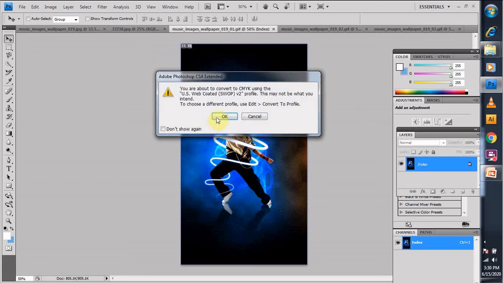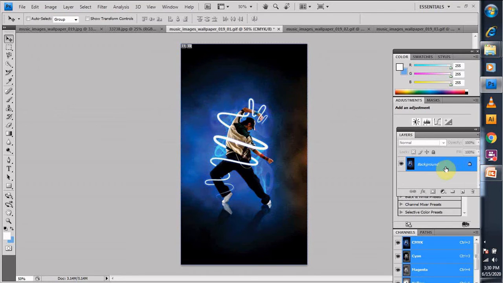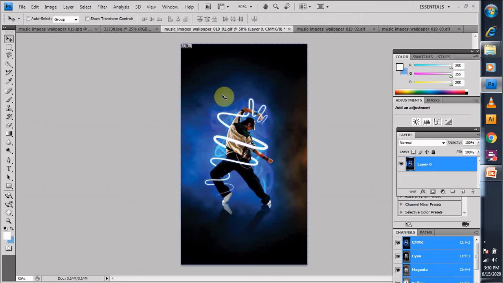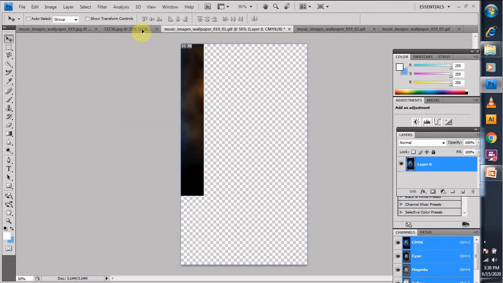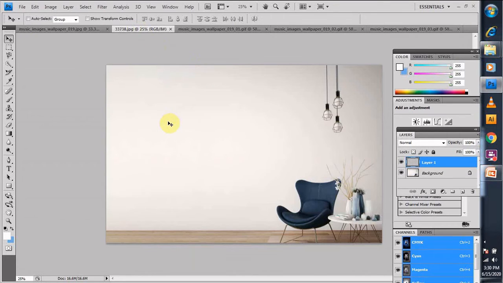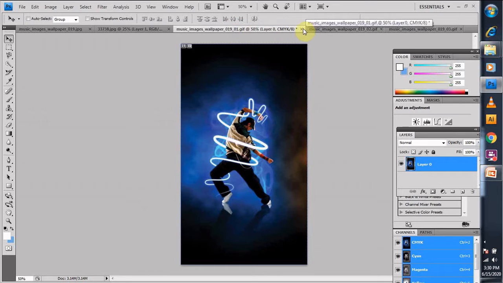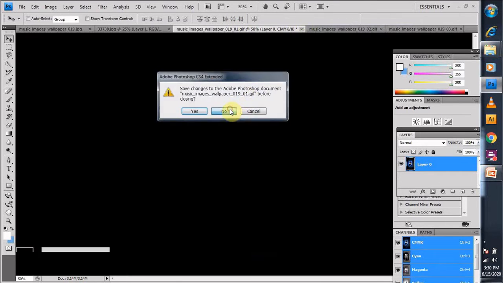As soon as we click on the CMYK, an option comes up. You select OK, and as soon as you click OK, it gets converted into a background. Now you can unlock it and create a layer. See, my layer is being created. So I am taking that image into this area. One part is done. I'm closing this part because I have taken it up.